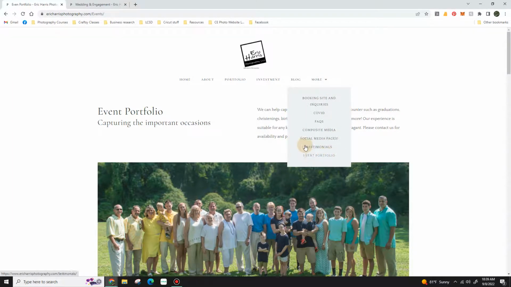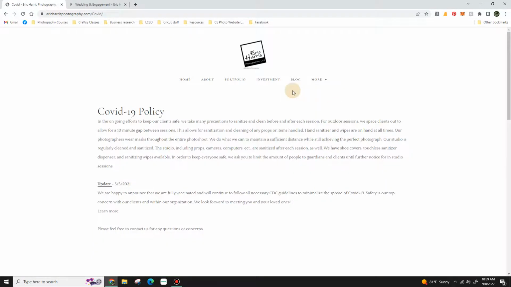So really you can 1, 2, 3, 4, at least 5. That's 5 pages that you can get rid of from this menu by putting the information in another place. COVID, I really feel like this could just be a blog. And